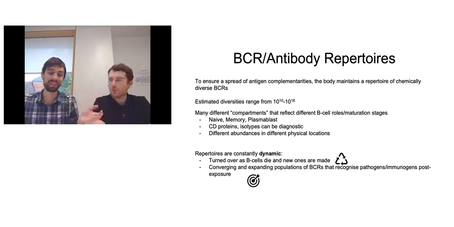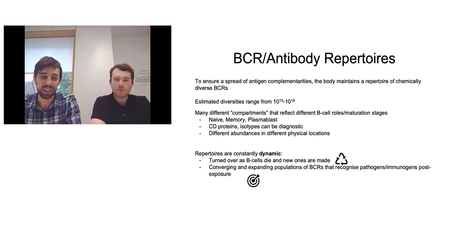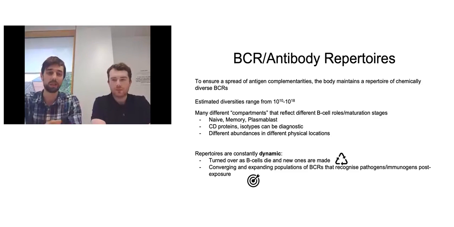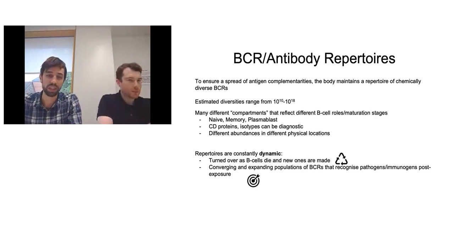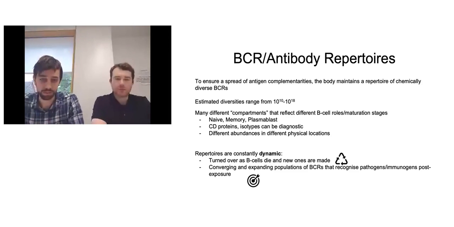So within the BCR repertoire as a general concept, we have lots of individual BCR repertoires that can be distinguished by a lot of cell surface proteins and isotypes, which we'll come to in a little bit. These can also be diagnostic as to which component you're looking at. And they differ in physical location as well. You can have a BCR repertoire that's floating around in peripheral blood, or one that's localized to a particular microenvironment, such as around a tumor or a particular site, or the mucosal system if it's a respiratory condition.